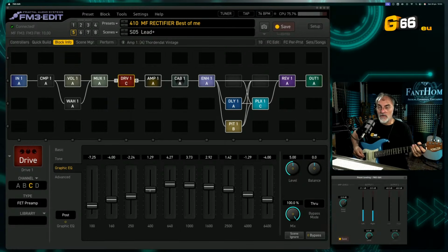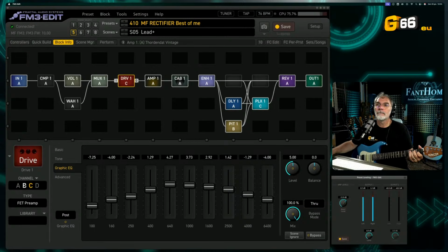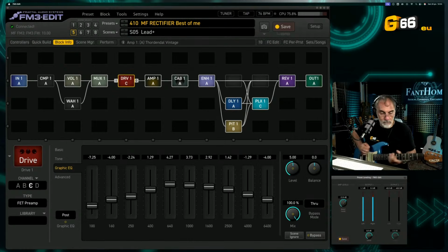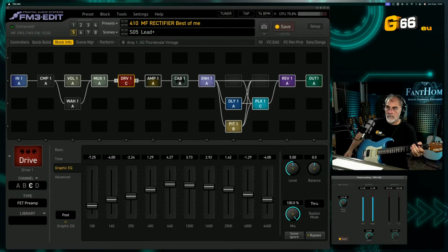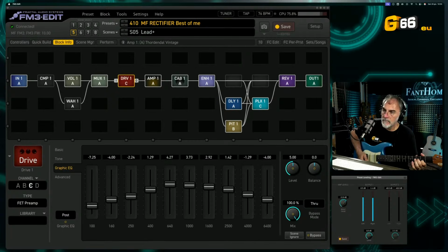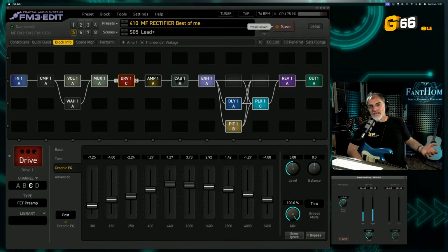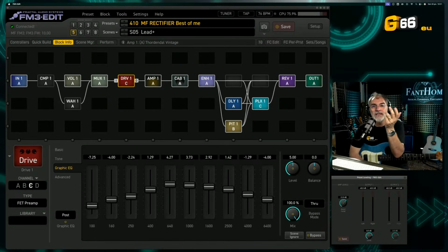This is different from the previous one. So you can see how many sounds you can get from a single preset